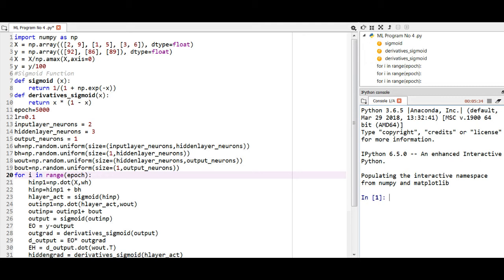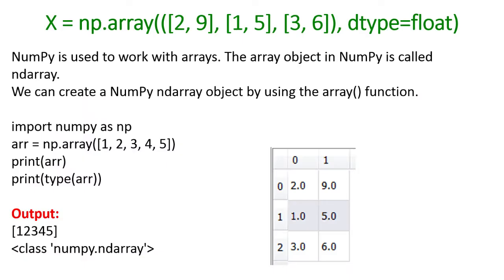The next statement is capital X is equal to np.array with input values, that is training data. Data type is equal to float. NumPy is used to work with arrays. The array object in NumPy is called ndarray.